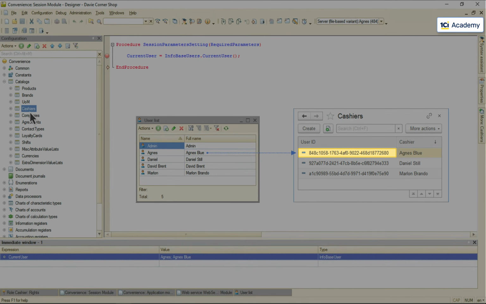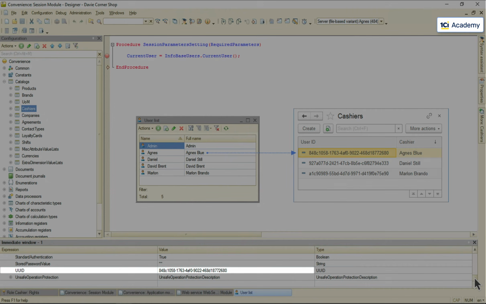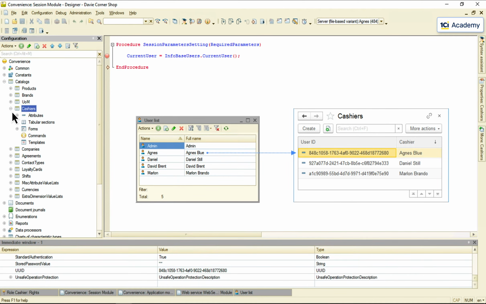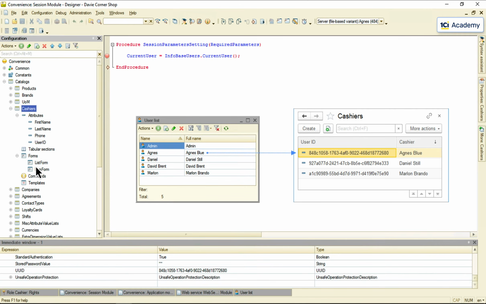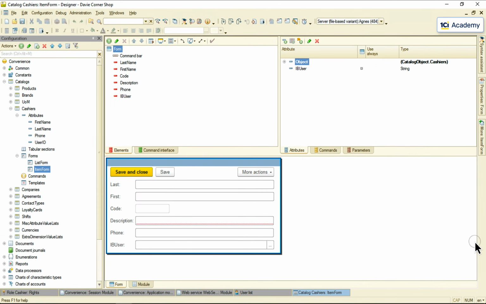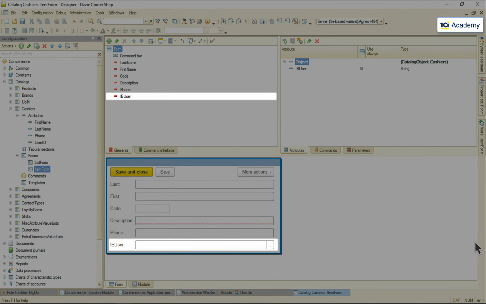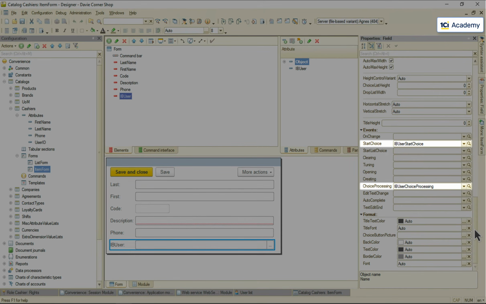This user ID thingy is a unique system user identifier that we want to use as a reference. Therefore, I just added it right here to the cashier's catalog, and then retrofit the item form like this. I added this independent string attribute, dropped it to the form, switched on the choice button, and implemented these event handlers.